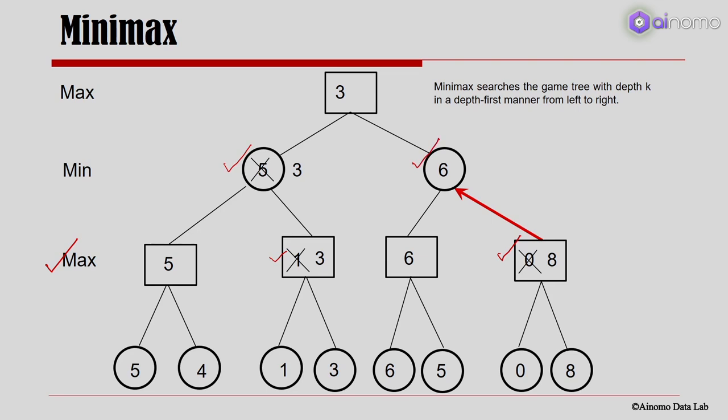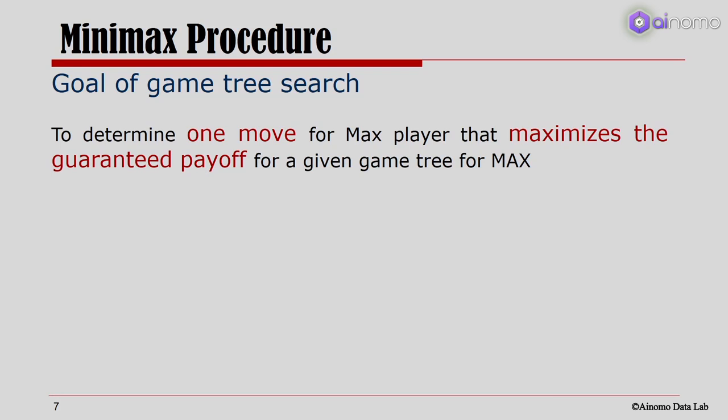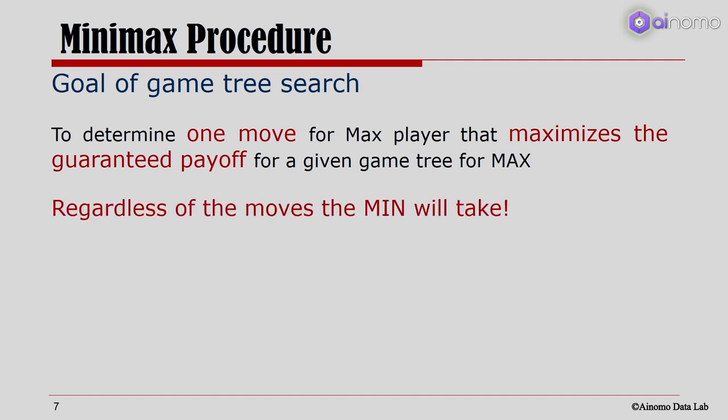So between 6 and 8, 6 is preferred because I am looking for the minimum value of the two values. So finally 6 is backed up and the value of that final root node is 6. So the total backed up value of this game is 6. Now we did determine the best move for the Max player, and this guaranteed somehow that the payoff was maximum for him, regardless of what move the Min will